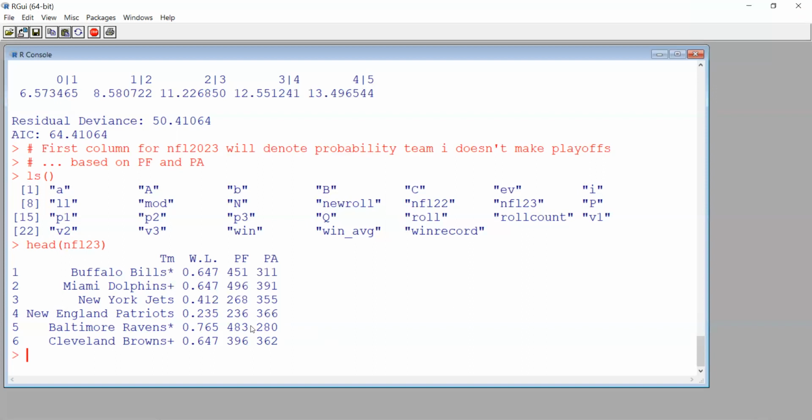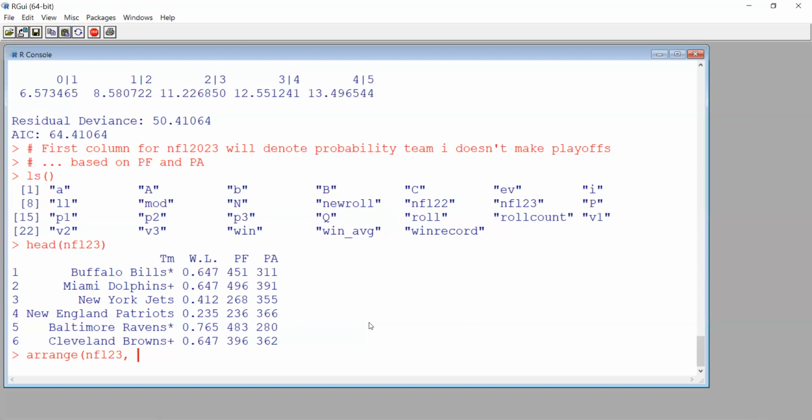Okay, so that's where you have to think we are. We don't know how these teams did in the playoffs. I don't even know if these are the top teams or how this is arranged. We could try to arrange it and just see what we get. So let's arrange it in descending order. NFL 23.